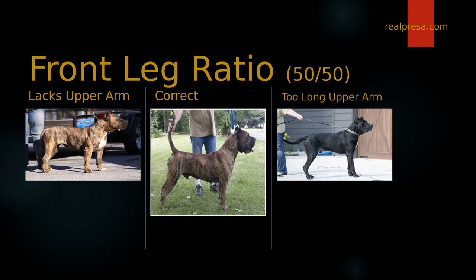That's one of the most common mistakes that people think, well, if the muzzle's too short, I will breed it to a dog that's too long. No, we don't do that. For any trait that you have that's faulted, the other dog has to have it correct. It just needs to be correct. So you breed a short muzzle to a correct muzzle. You breed all these other traits the same way. If your stop is too strong, you breed